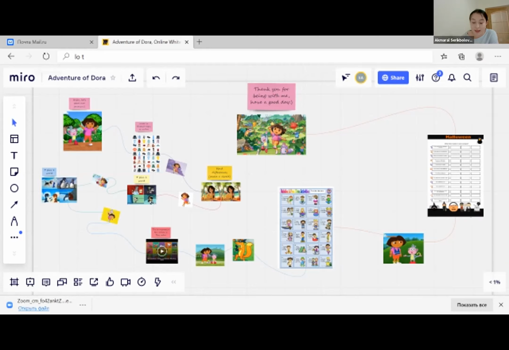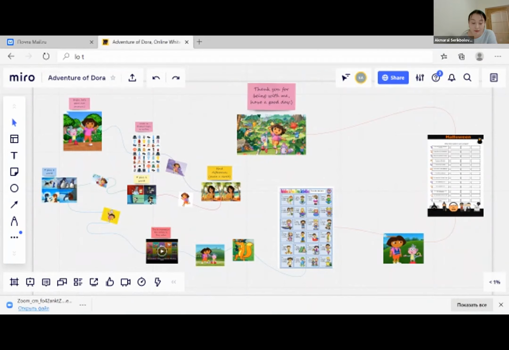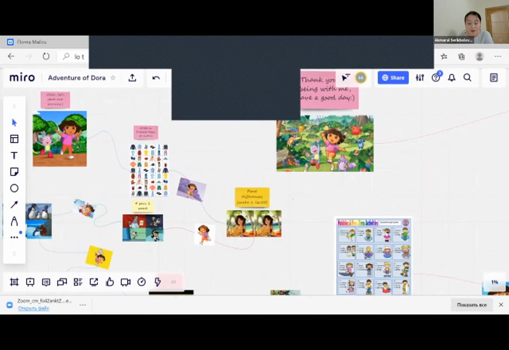On every program, Dora and friends have to go to some places to solve a problem. Map is a cartoon character who helps viewers read the map and tells Dora where to go next. That's why we use this cartoon for providing not only useful but also interesting lessons for our learners. Young learners like fun things, characters, images, and colorful things. Miro can be used for any age range, especially very young learners. And Miro is great for keeping young learners focused in the lesson. The aim of using the Miro board is to develop thinking, creativity, and teamwork skills. So let's start.